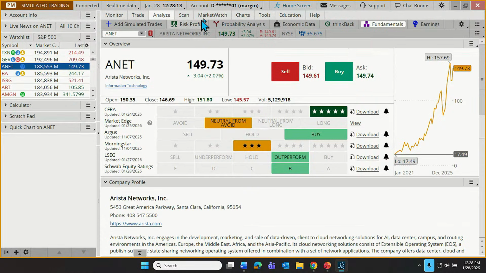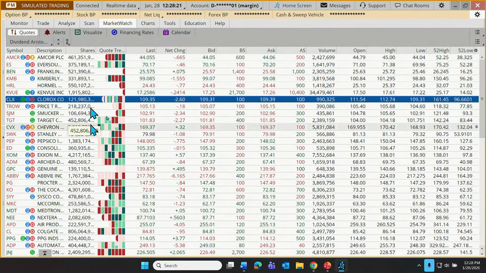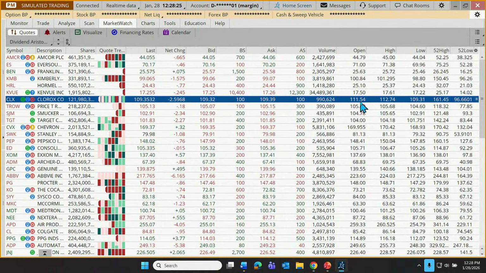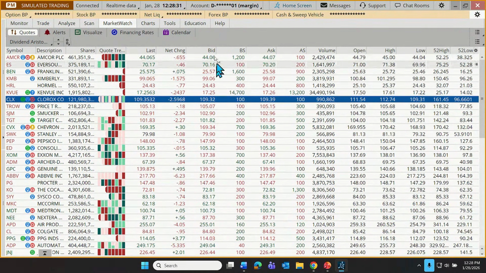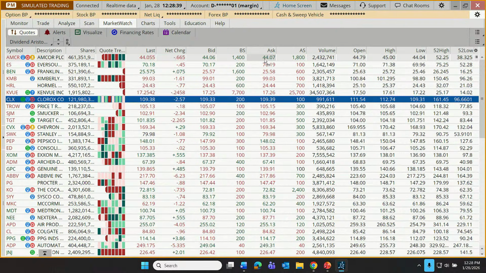So for example, if we're over here on our Market Watch, maybe we're using the quotes columns because they allow us access to extensive lists of columns for all sorts of things: fundamental data, technical data, quote data. And you'll notice here, there are symbols, there are quotes. So we have the bid, we have the ask. Those all provide access to placing trades.